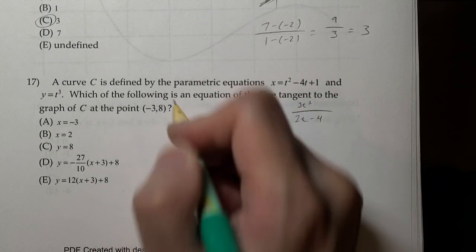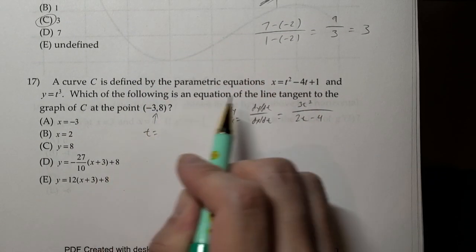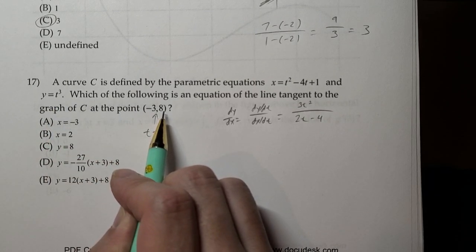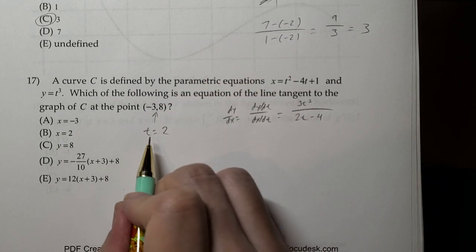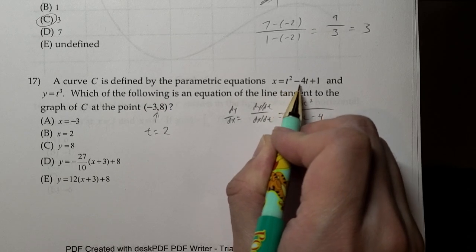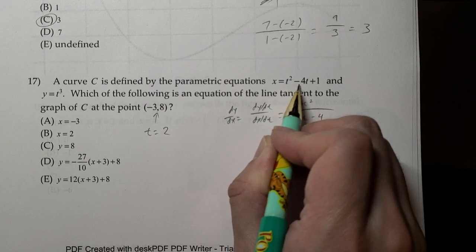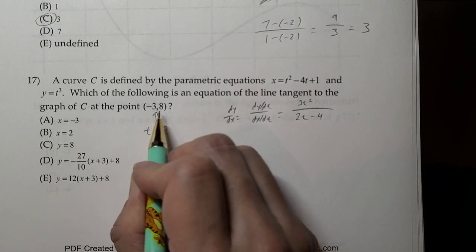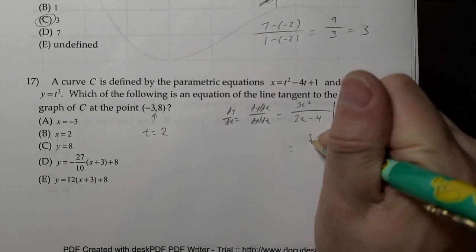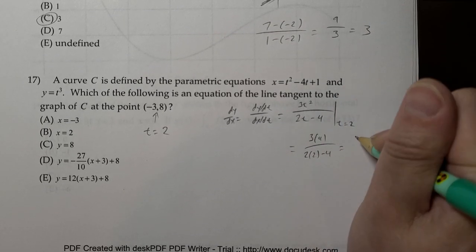What value of t gives us this point? Just by picking the easier one, y is t cubed. So what value of t makes t cubed equal to 8? That's when t is 2. We can double check that when t is 2, x is -3. We get 2 squared, which is 4, minus 4 times 2, which is -8. So 4 minus 8 is -4, plus 1 is -3. That's correct. So we want to evaluate this at t equal to 2, which will be 3 times 4 over 2 times 2 minus 4, which is 12 over